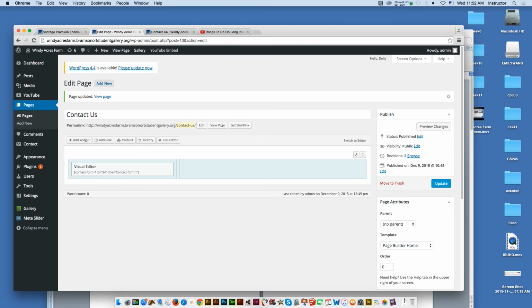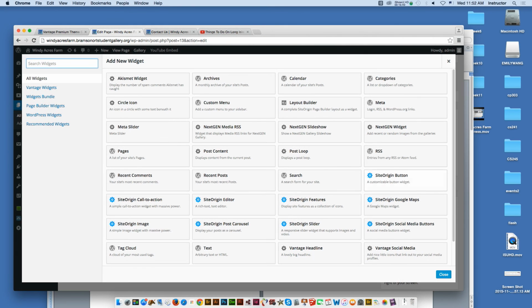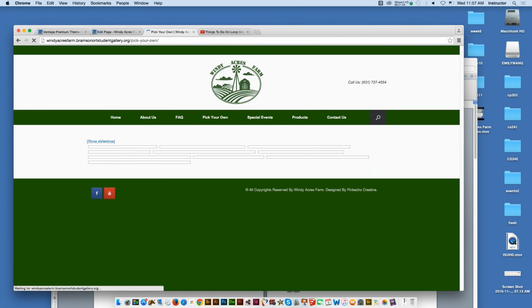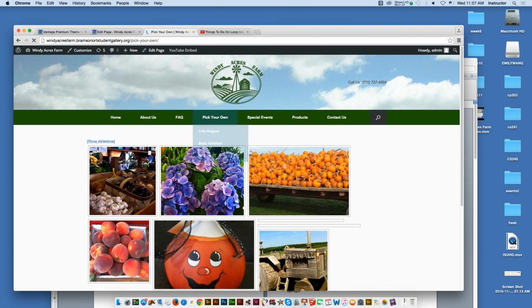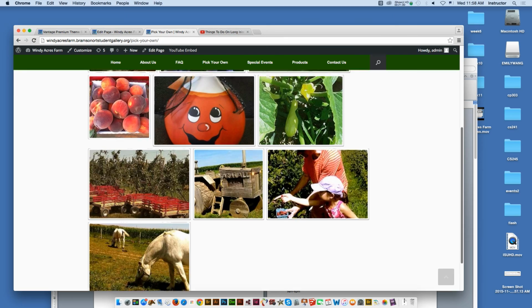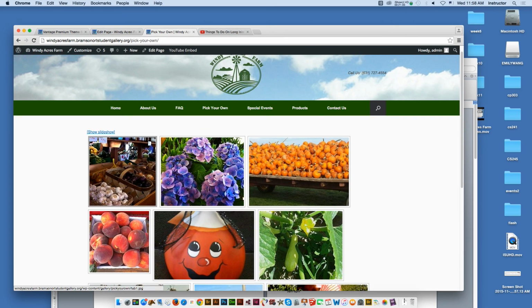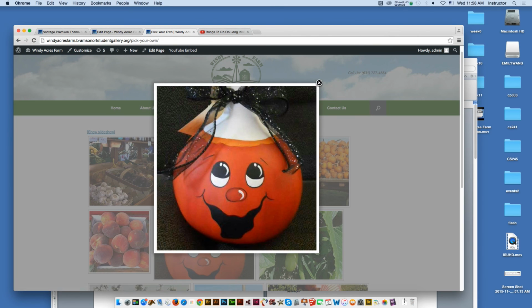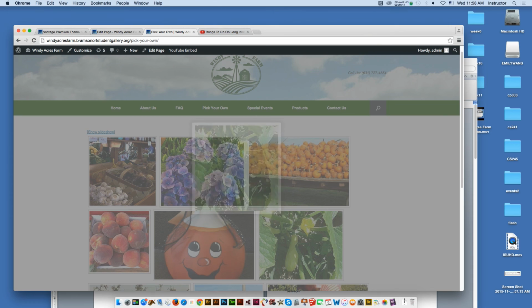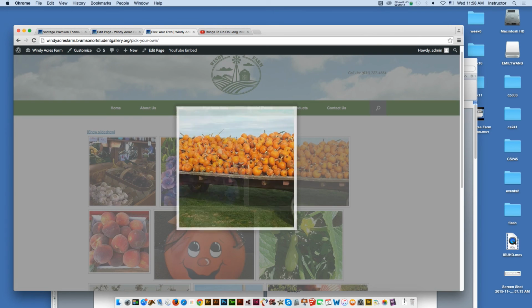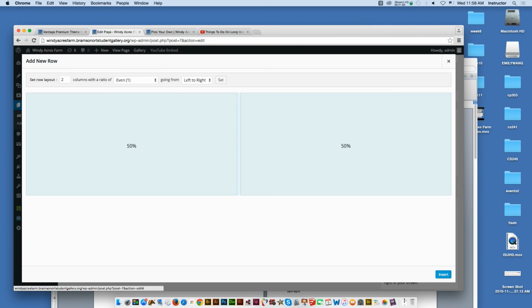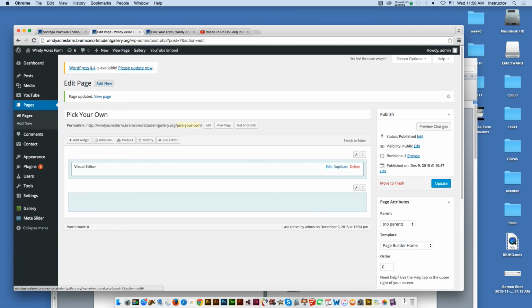Okay. Then I'm going to try to add another thing, Google Map. Then you have all those pictures, gallery pictures. And when you click it, if the picture is bigger than the thumbnail, it's going to pop up like this. Okay. And then I see I need to add some text. How can I do that? Add a row, 1, insert, edit,